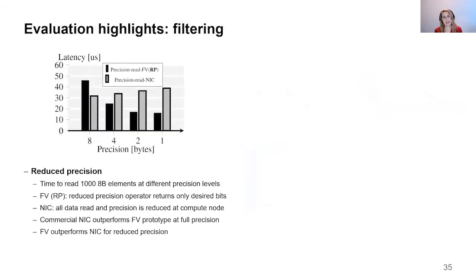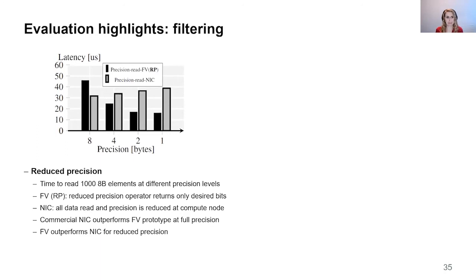I want to focus the discussion of the evaluation results specifically on filtering. In particular, we'll look at two different experiments here. The first looks at reduced precision operations. The idea is that we're going to read 8-byte data and then quantize it down to as little as 1 byte worth of data. In the Farview case, we apply that precision reduction at the memory in the smart NIC. For the baseline, we read the data in its entirety and then apply the precision reduction at